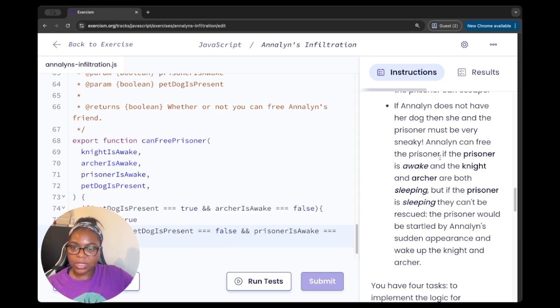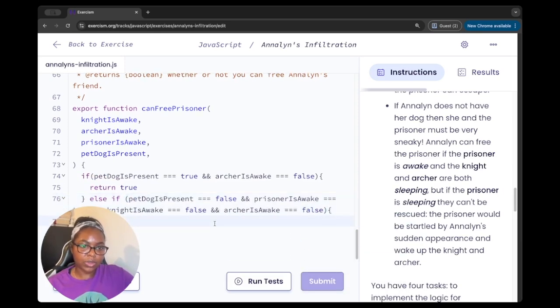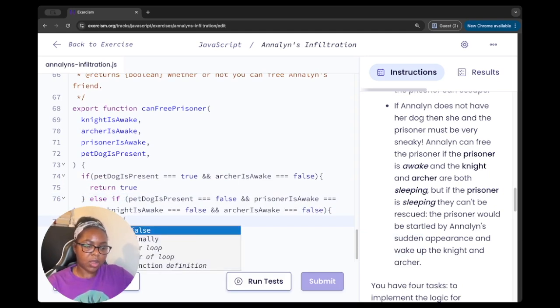And last but not least, I think, the knight and archer are both sleeping. And the knight is equal to false. And archer is equal to false. Then I also want you to return true. Else,